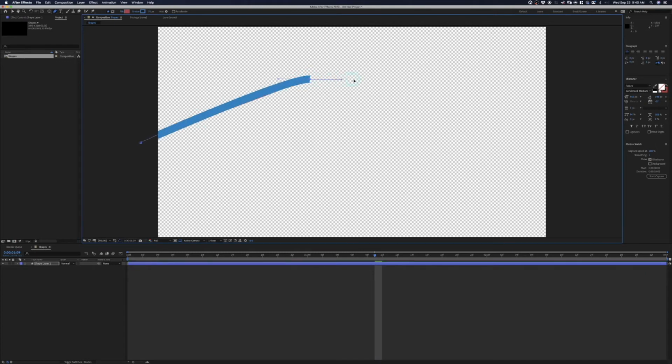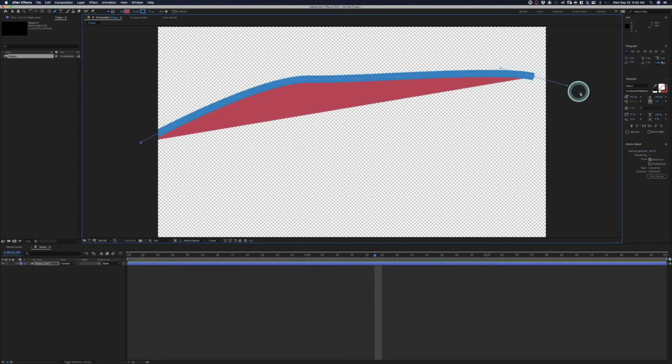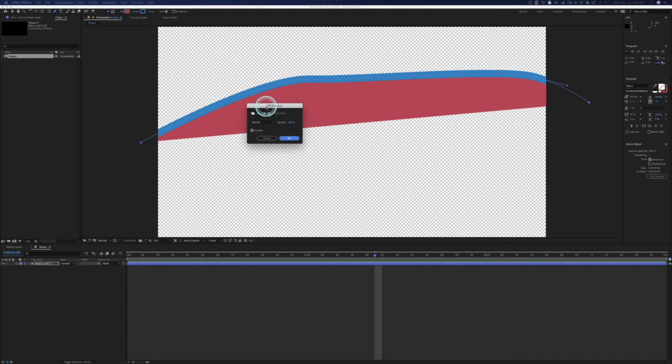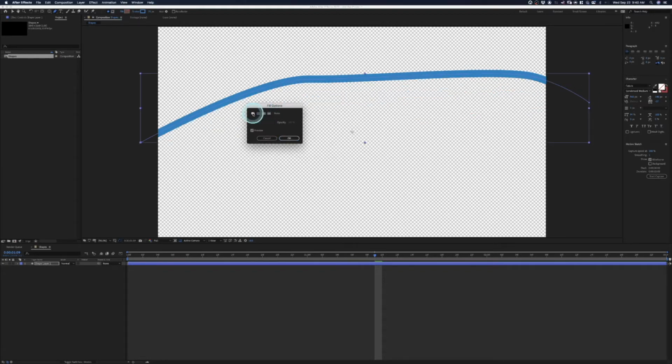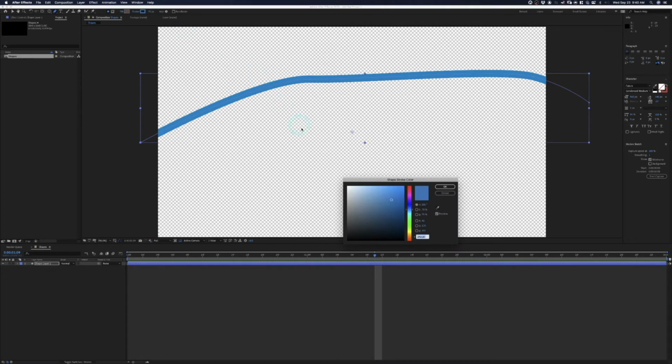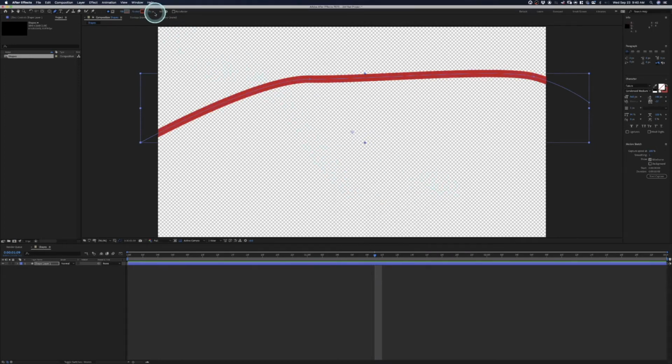So if I wanted to draw a path of just a line, but say I don't want the fill this time. I don't want that red. I just want a line. I can just click on the word fill, not on the color, but on the word fill. Fill options comes up, and then I can just say no center. I don't want anything in the fill options. And you know something, I don't like the color of this line, so I'm going to change it to red. Hit OK, and I'm going to say it's too thick,